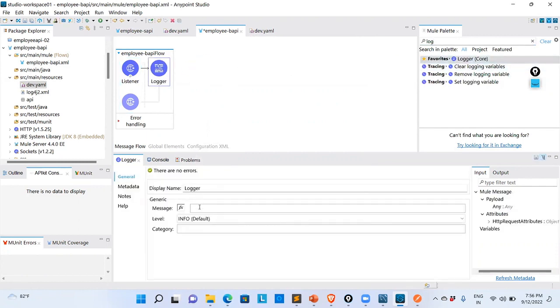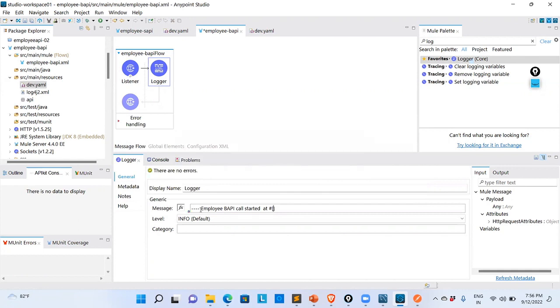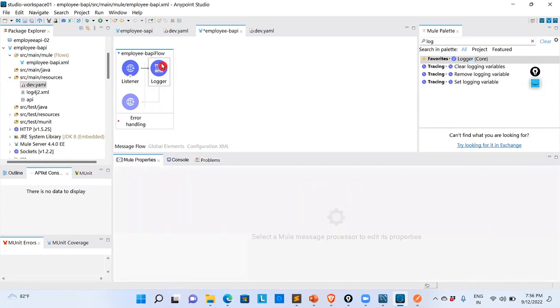So obviously we need to use the logger. So here what do we log? Tell me. BAPI started. What BAPI? Employee BAPI call started at. So how can we get it? MEL expression, not a data view expression, that we can call as now. Now. Okay, that's it. The next one is here we need to call your HTTP